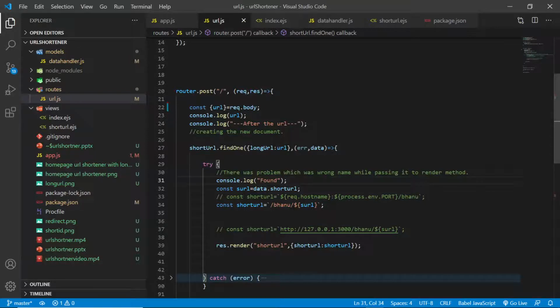That is what we are doing over here. So we are retrieving that short ID. I'm saying short URL, but basically that is the short ID generated by the shortid module.